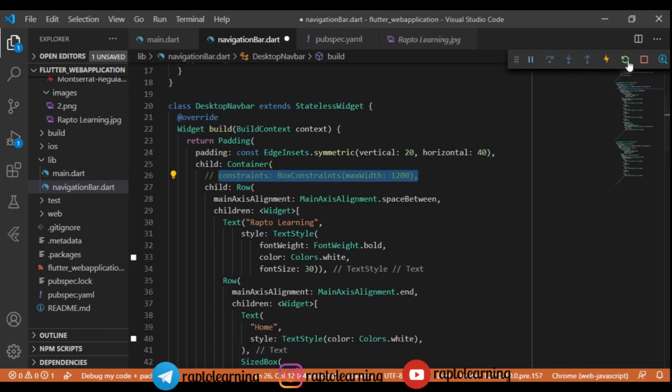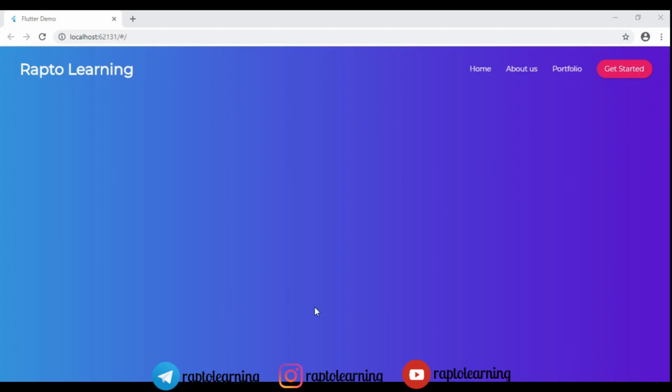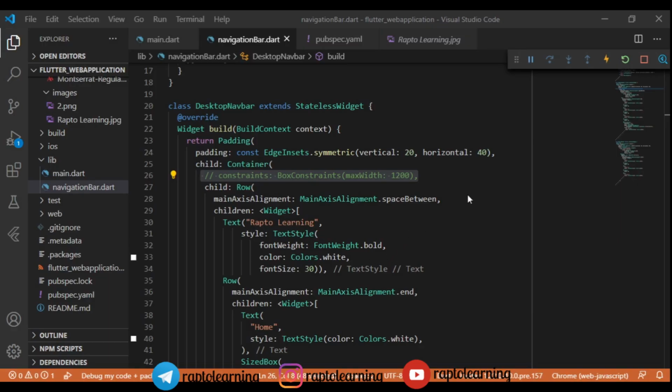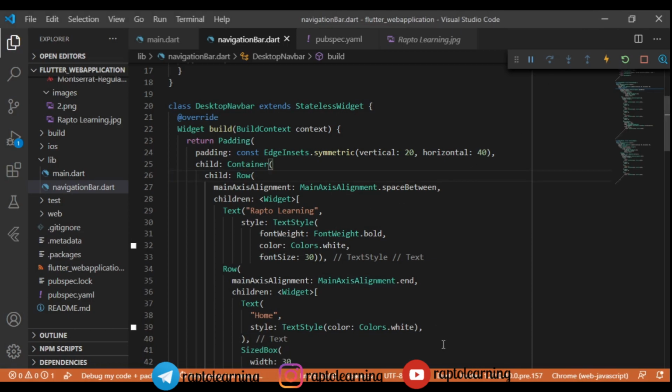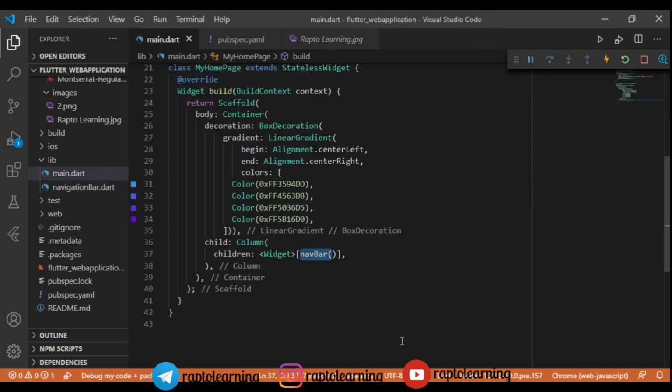This is because of these constraints, so we will see if the problem is here, or we will find another solution for that too. Yeah, the problem was in the box constraints only. For now we don't really need box constraints, right? So we are free to remove that from our project. We don't need that because it is giving us an error. So let's try it out.